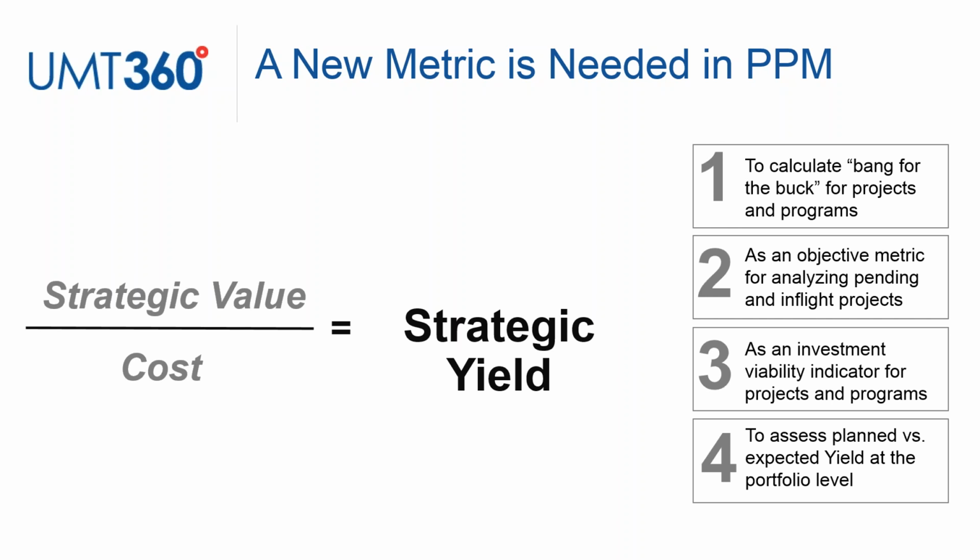It also provides an objective metric for analyzing not just pending or planned projects, but also in-flight projects. Again, if the cost of a project increases and the value stays the same, the yield will naturally fall, value divided by cost, acting as a kind of investment viability indicator that can be managed at the project level, program level, or portfolio level. So I can look at planned yield versus actual yield or forecasted yield at any level